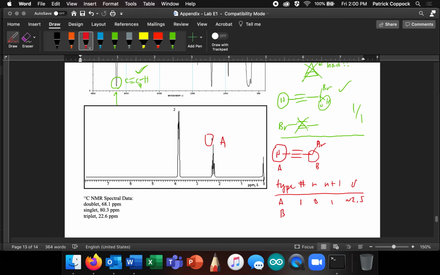So the next one then is going to be 2 hydrogens that are next to a triple bond and also next to a halogen. So this says 2 to 4 here. Yeah, the hydrogen's right next to a halogen. It says anywhere from 2 to 4. Okay? There are 2 of them with 0 neighbors, and so it should be a singlet. Is this believably a singlet? Sure it is. Funny enough, these 2 hydrogens,